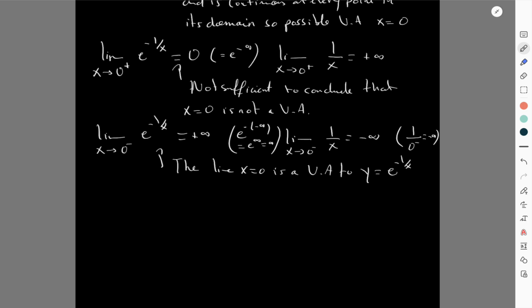Let's see how it looks. I mean, let's look at the horizontal asymptotes first. Horizontal asymptotes: the limit as x goes to plus infinity, or the horizontal asymptote at plus infinity,